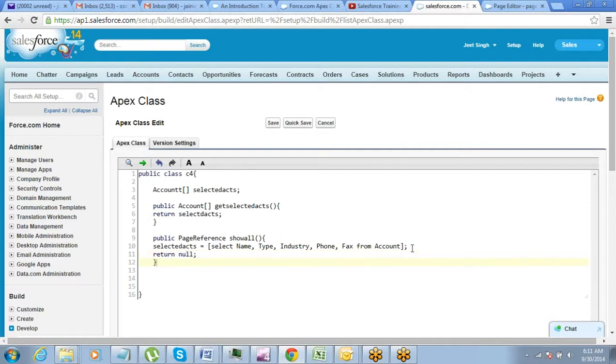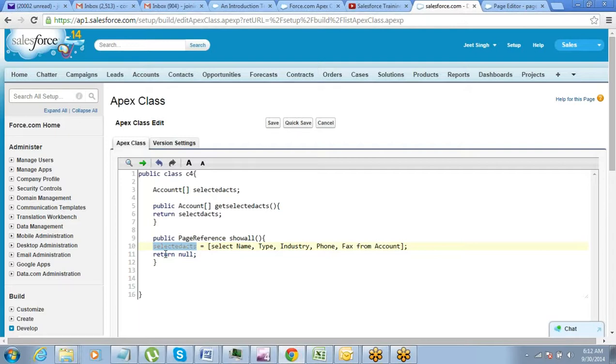Why do I say page reference returns null? Page reference method, as I said, reloads the page. So on this page reference method, you can navigate to some other page as well. If you are on page 1 and you want to navigate away to a different page, you could do that. You can perform some action and move to some other page. But what I want to do is just use this page reference method, perform this line of code, and then stay on the same page. So that is when you will say return null.